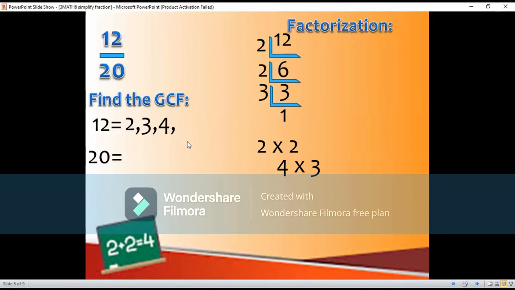So let us write 6. Then let us continue to multiply this one. 4 times 3 equals 12. So we will write 12 also as a factor of 12. So did you get it, class? The factors of 12? Okay, if yes, let's proceed